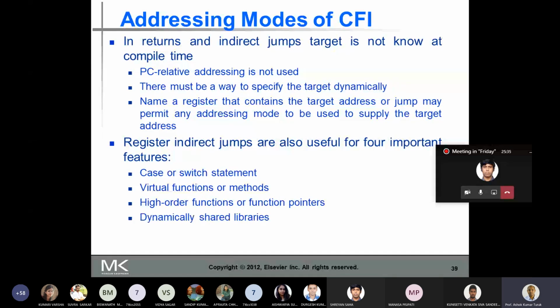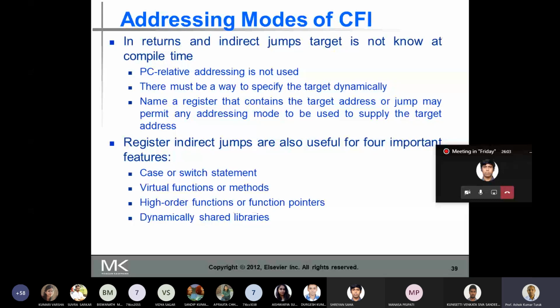Then another one is dynamically shared libraries. In the case of dynamically shared libraries, this allows the library to be loaded and linked at runtime, when it is actually invoked. If you do it at compile time, then the library will be loaded and linked, but it may happen that you may not require it.